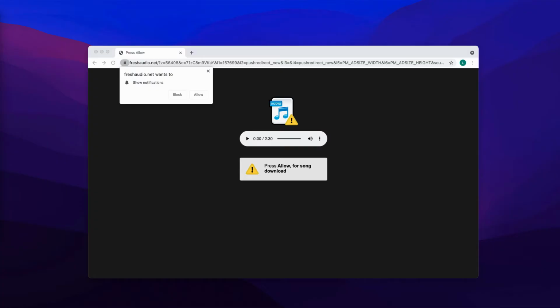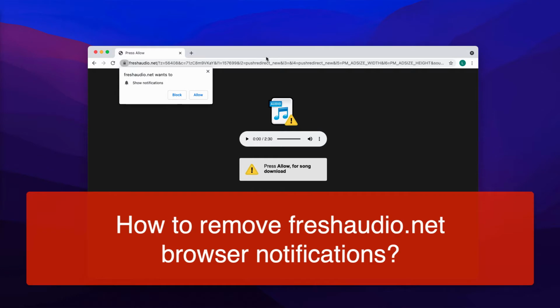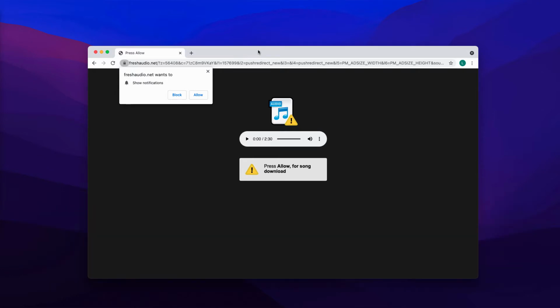Ladies and gentlemen, my video guide will provide you with instructions to get rid of the freshaudio.net browser notifications. These notifications display pretty scary and faulty messages saying that you need to press the allow button for song download. So obviously these pop-ups may periodically attack browsers, and especially after people visit some file sharing or file